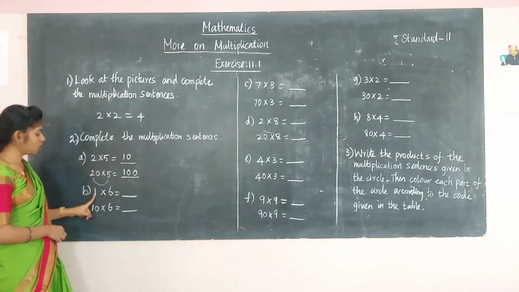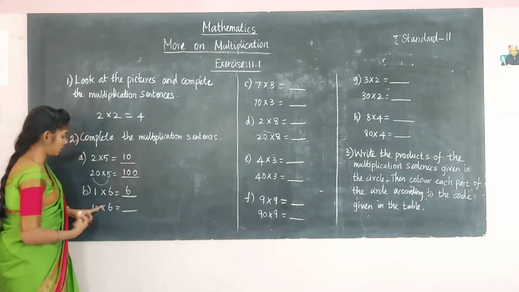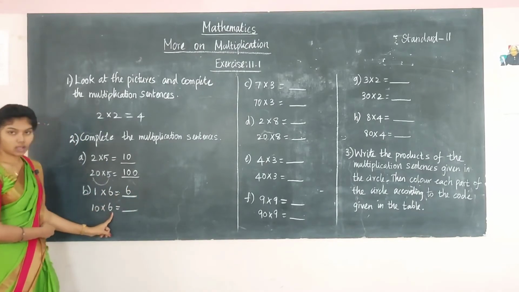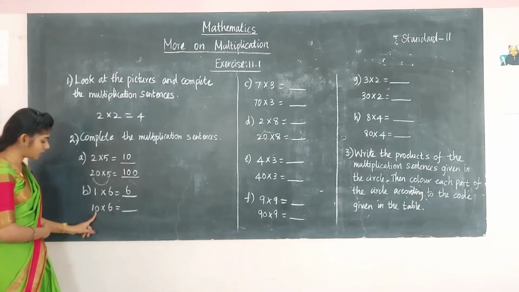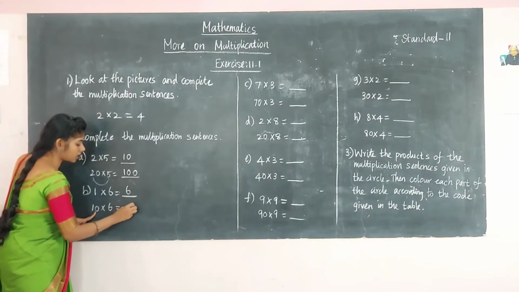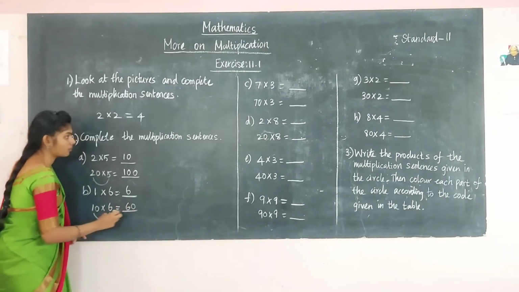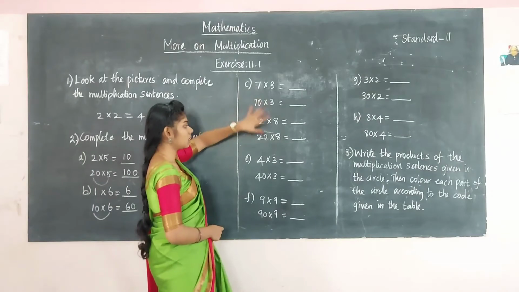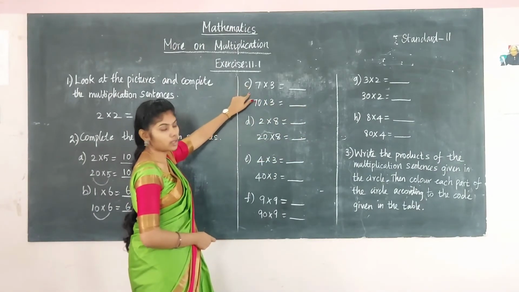And next one, see, 1 6 is 6. 1 6 are 6. And here 10 6s are. This is by tens only, multiplying by tens. And here 1 0, so write the last place as 0 and the remaining 1 6 is 6. And see the next problem. Here everything is the same thing only. So I am doing a few problems and you are going to do the rest.